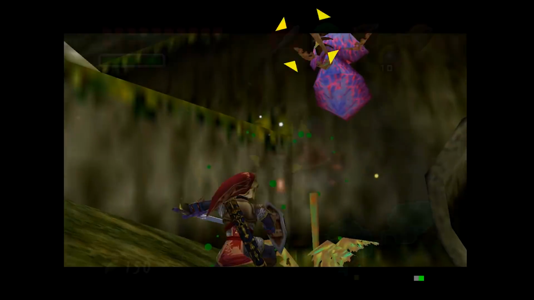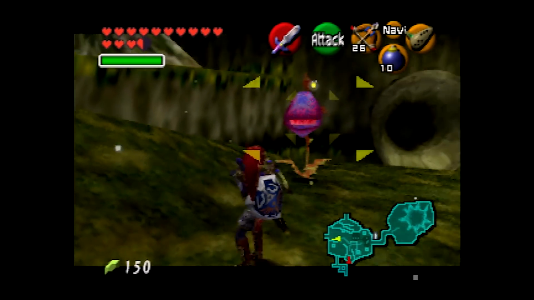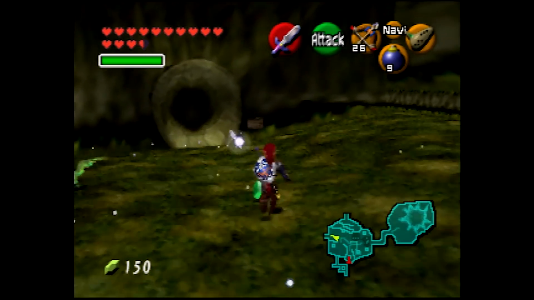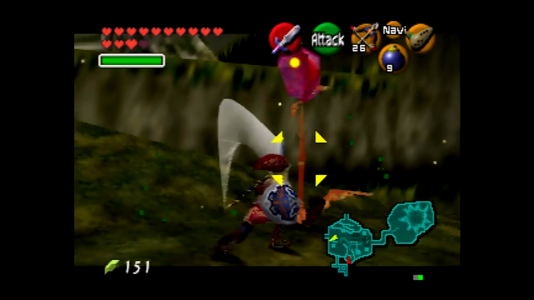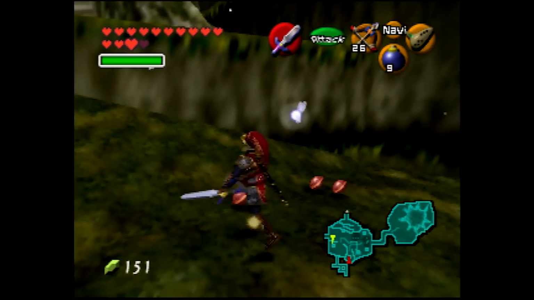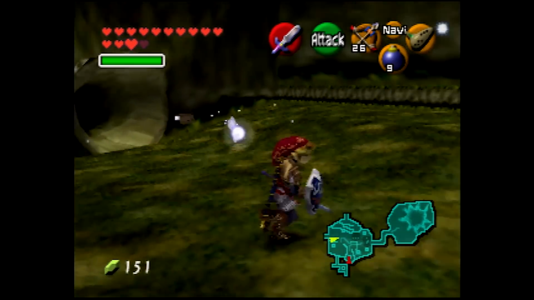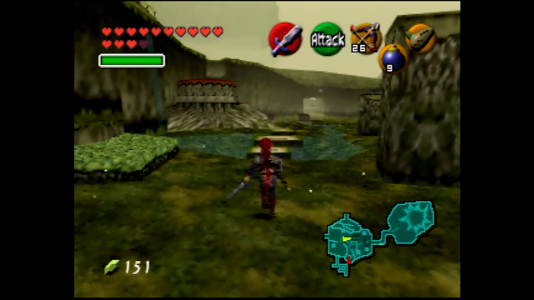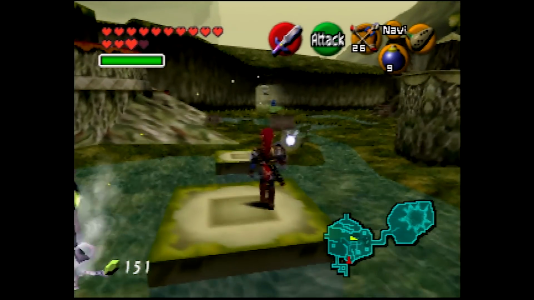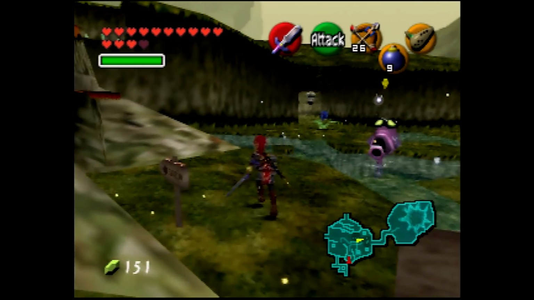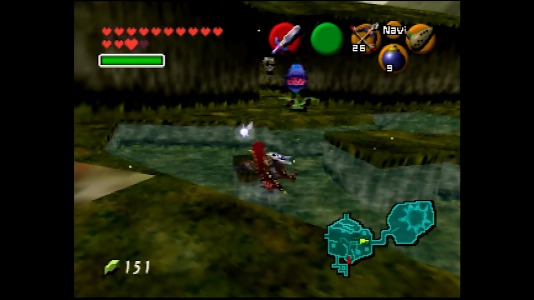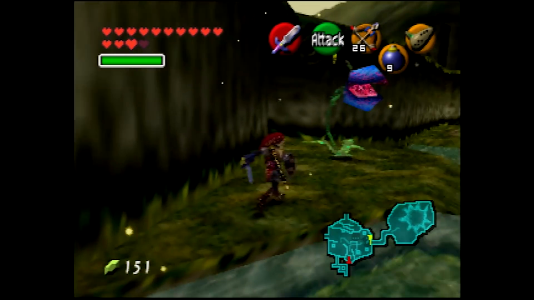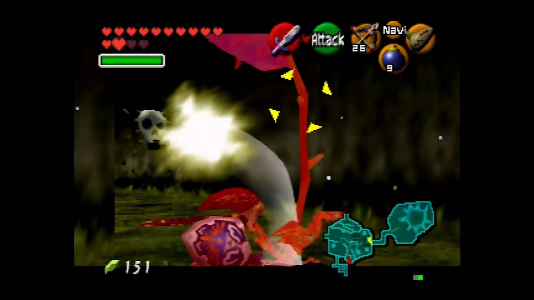Playing this on the console, however, you kind of realize why the original developers went with simpler designs for Link and also the NPCs. So a lot of your NPCs are only a couple of colors, just one color for their torso, another color for their legs, that kind of thing, right? It's simple, low color quantity. Because you get into an area like Kokiri Forest, where the textures are really busy, and you need simpler NPCs and simpler player characters to pop and provide contrast against this busy background. Here the Magic Armor looks kind of muddied, and it's just too much going on for the poor N64's 240p output to really handle well.